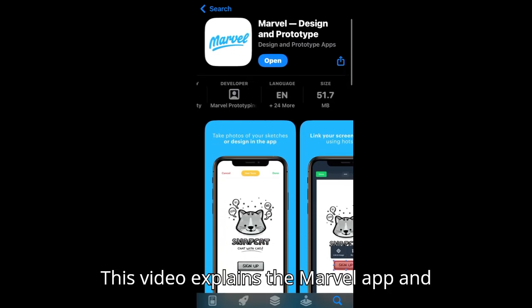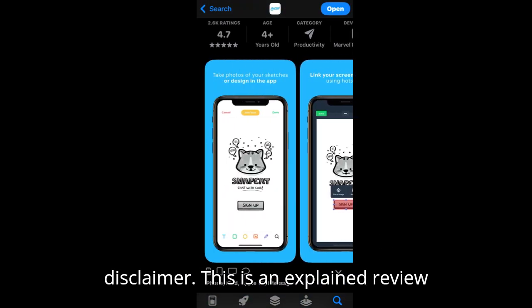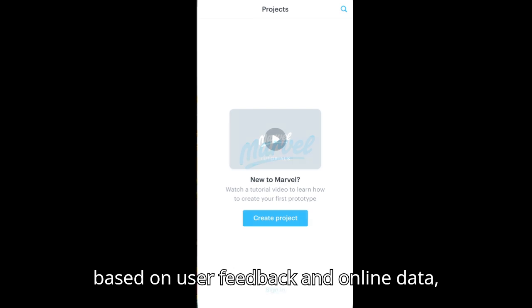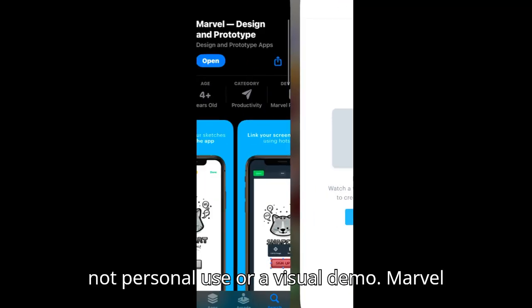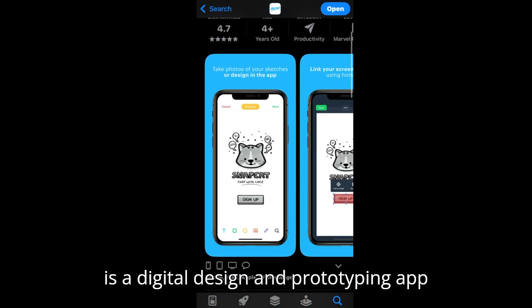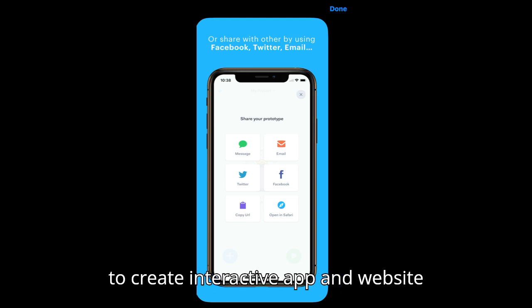This video explains the Marvel app and whether it's worth using. Quick disclaimer. This is an explained review based on user feedback and online data, not personal use or a visual demo. Marvel is a digital design and prototyping app made for designers, developers, and teams to create interactive app and